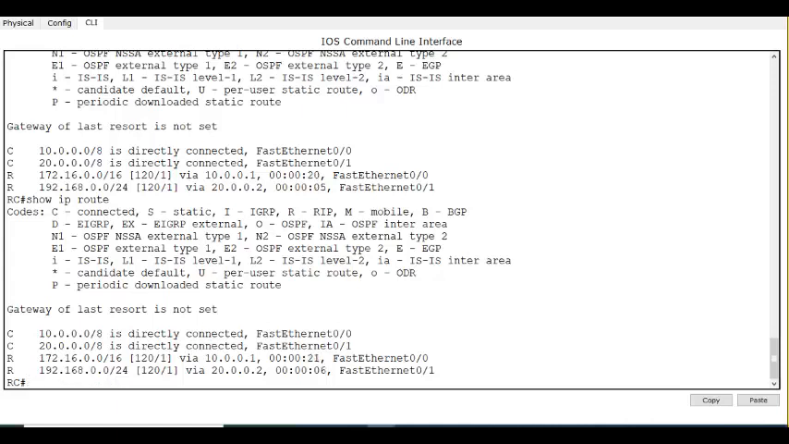Look only at the 172 network line. 21, 23, very important. We are very close. 26, 27, 20, see? Every 30 seconds the update is coming from